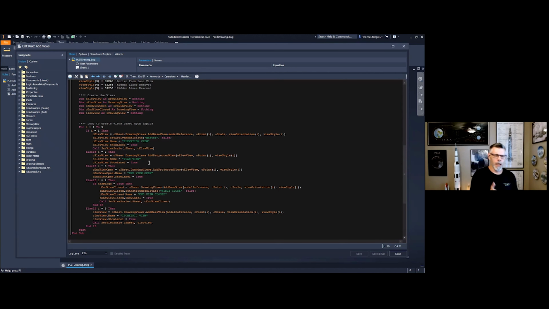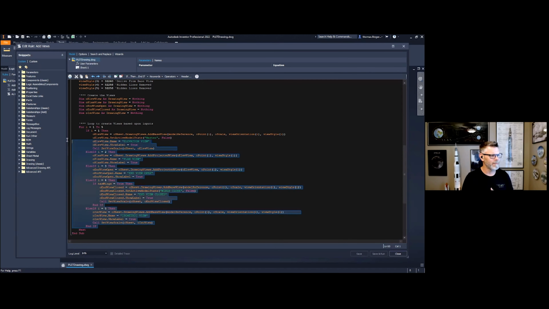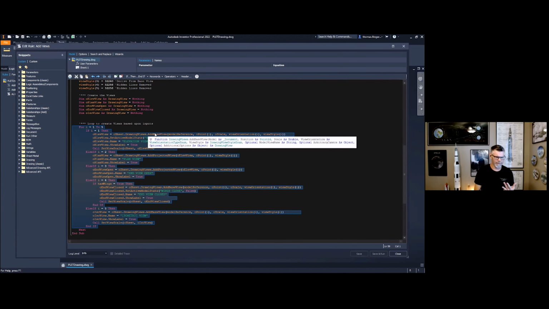So there's a couple different ways that you can use if, else if, and if statements. So as I have it here, I have 5 different conditions that I want to manage. If I equals 1, 2, 3, 4, or 5. Most of the time, you might have only 2 or 3 different conditions, an if and an else if. So if it's true or if it's false, if it's up, if it's down, if it's left, or if it's right.